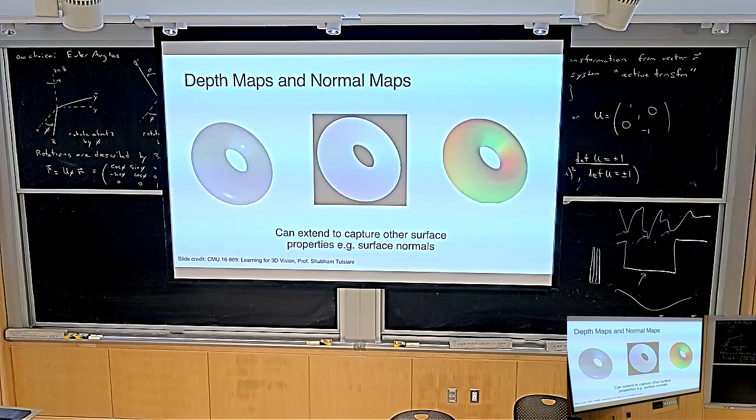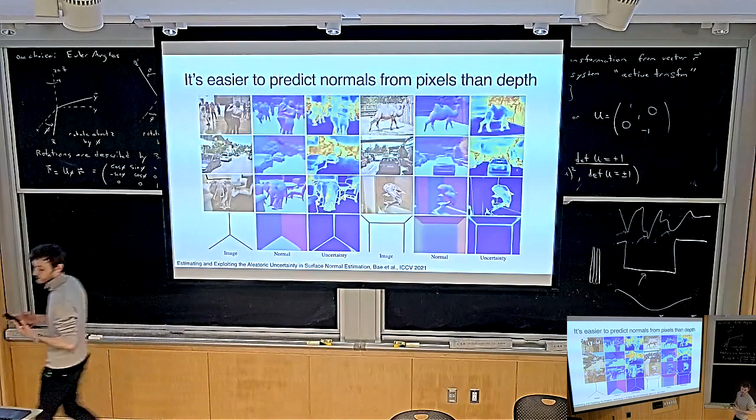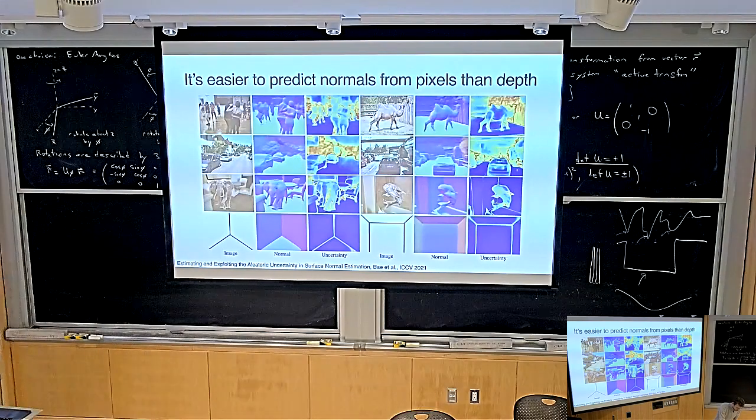One thing that is interesting, which we're going to just briefly say, because I saw this paper back in the day and I thought it was really neat: you can think about what is easier to predict. Is the depth easier to predict, or is the surface normal easier to predict? And there are, of course, different things. If I give you the surface normals for an image, it's not straightforward to compute the depth from it.